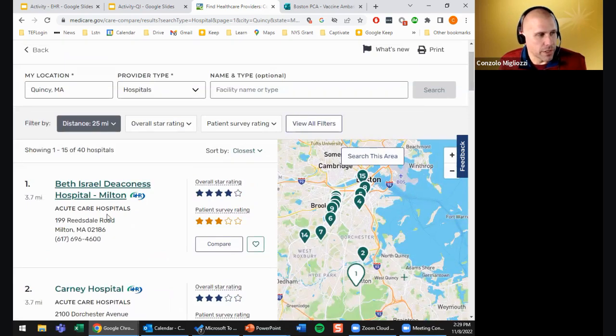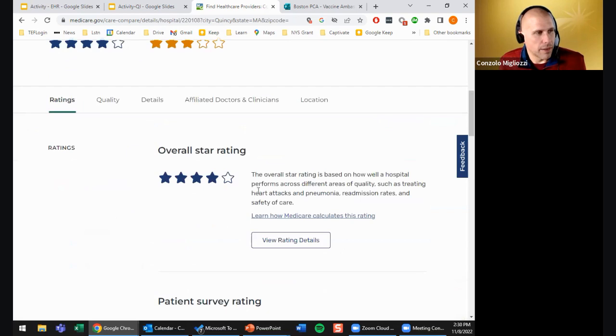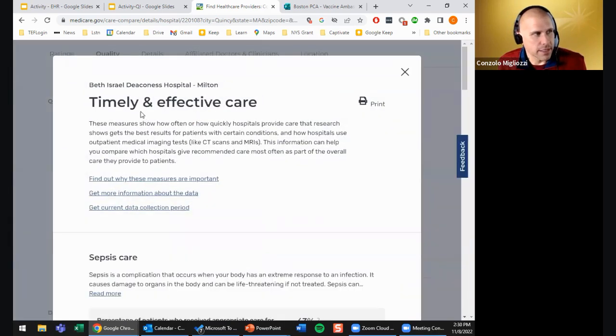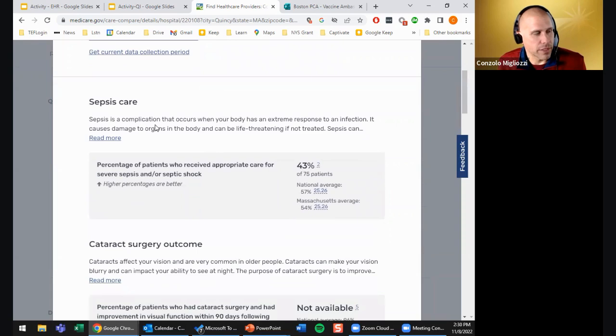And what you can do is drill down. So let's say you go look at Beth Israel, and you see the overall rating. I'm not going to scroll too much through here because you get a little dizzy as I do it, but more specifically, if you look at the quality, you have different things you can drill down on. So if I care about, let's say, emergency room wait time, I can click on this, the timely and effective care, and it's going to go point by point on different